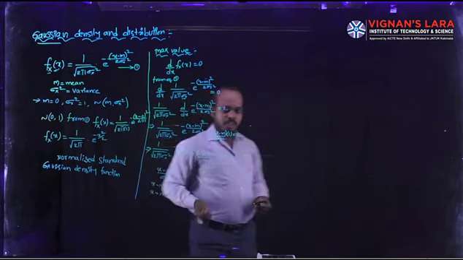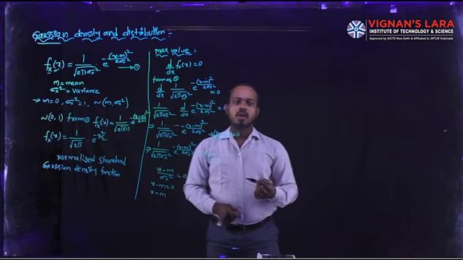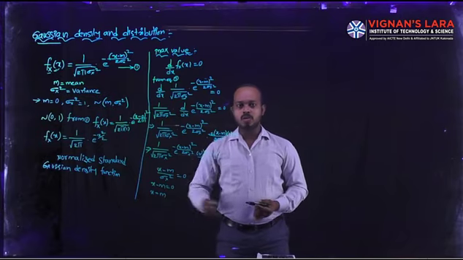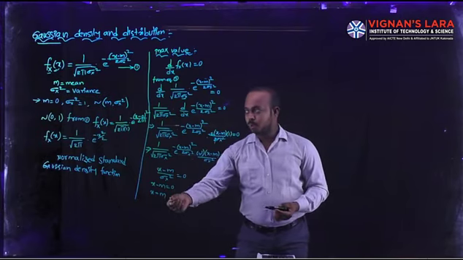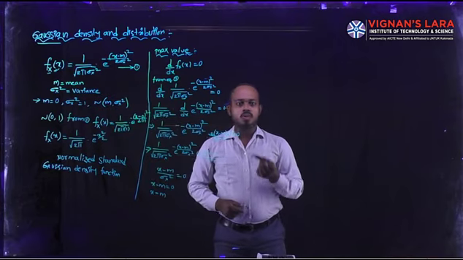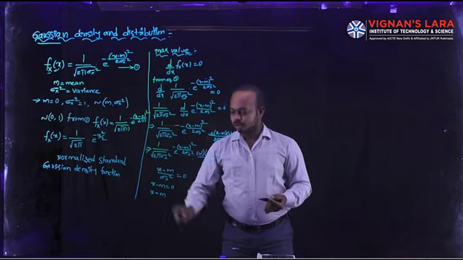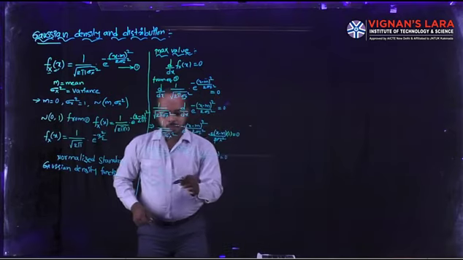What is the meaning here? You obtain the maximum value of a Gaussian density function at x is equal to m. Now I am substituting the x value into the Gaussian density function to obtain the maximum value. What is the maximum value we get when substituting x equal to m? Now I am substituting the x value.